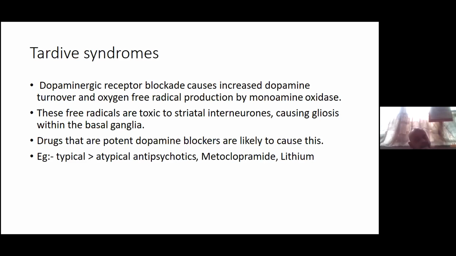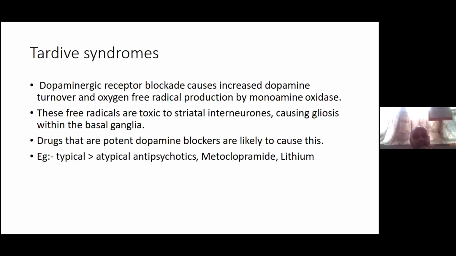There was this theory some time back where this was supposedly due to an upregulation of the dopamine receptors because of chronic blocking of the dopamine receptors. And because of the upregulation, the theory was that these dopamine receptors become hypersensitive to dopamine. But that has now fallen out of favor. I mean, experts don't agree with that hypothesis anymore, and are more in favor of this oxygen-free radical